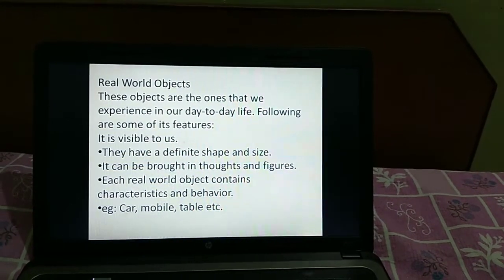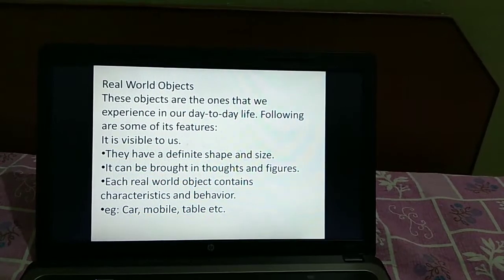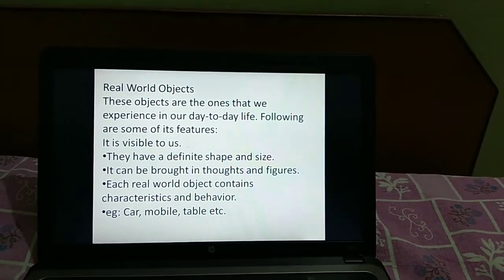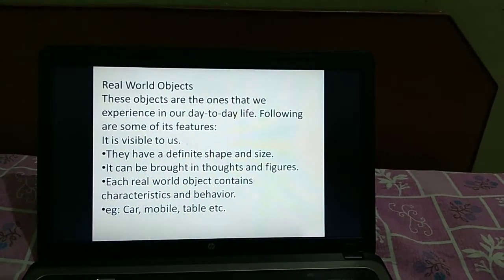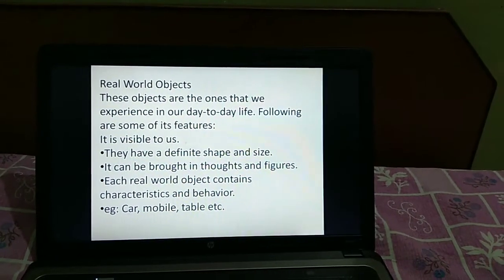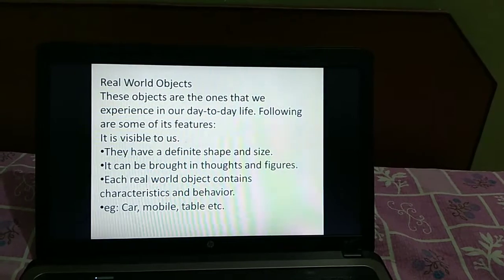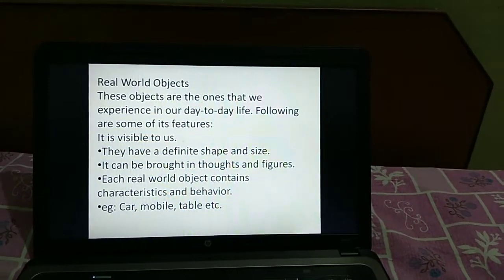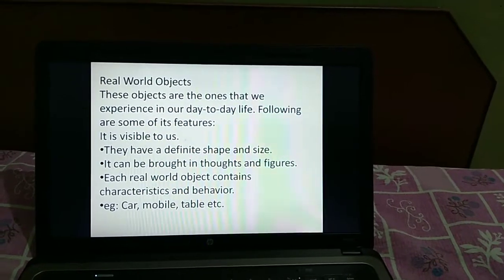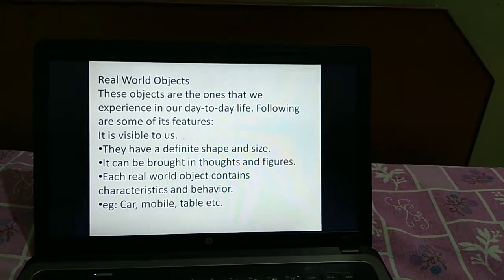Now, real world objects are the objects that we experience in our day-to-day life. Following are some of its features. The objects are visible to us and have a definite shape and size. They can be brought into thoughts and figures.